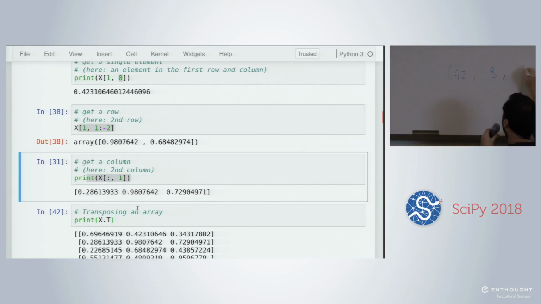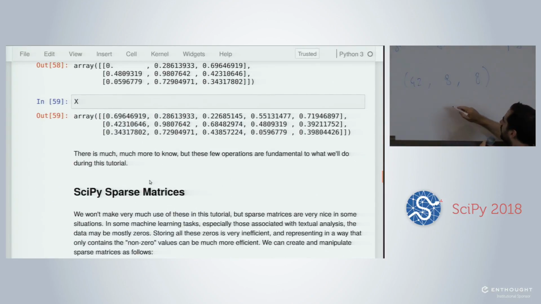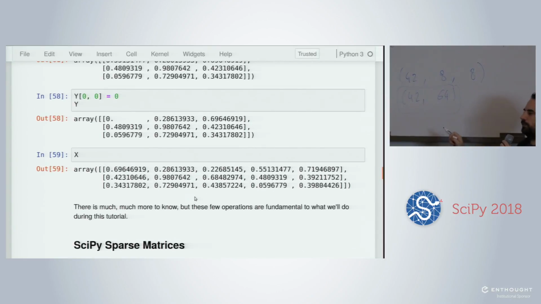So if you have an array of gray level images, so there are no colors, you can have 42 images with a height of 8 pixels and a width of 8 pixels. You can also treat those as a 2-dimensional array with 64 pixel values for each of the images, and you don't care about the specific location. For Scikit-Learn, most of the machine learning algorithms need this kind of 2D data structure. They cannot work naturally on images, for instance.